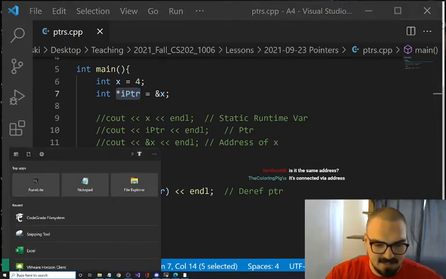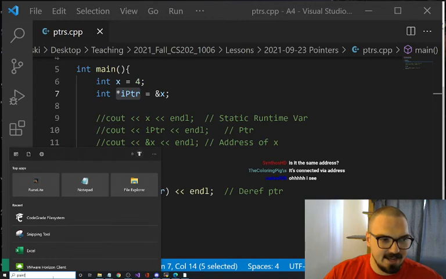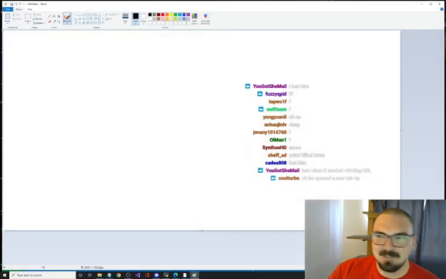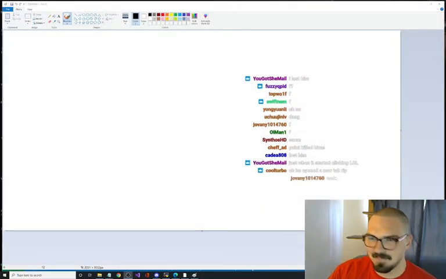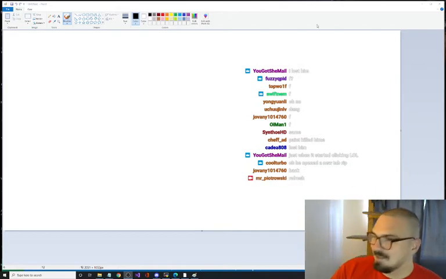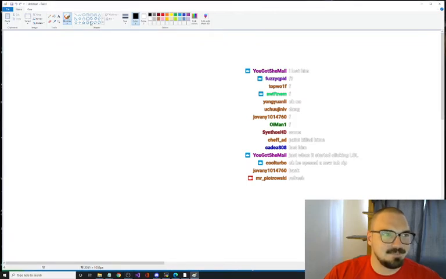You want to get out a paint diagram here? What do you say? I think that's the one I want. Oh, we lost it. It was paint, guys. This time it was paint. Paint got us. How dare you, paint?